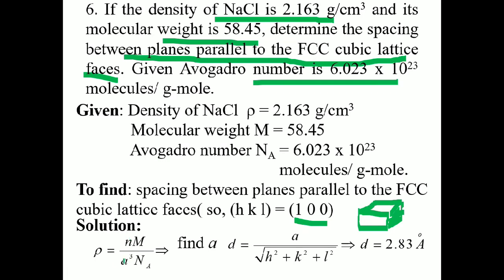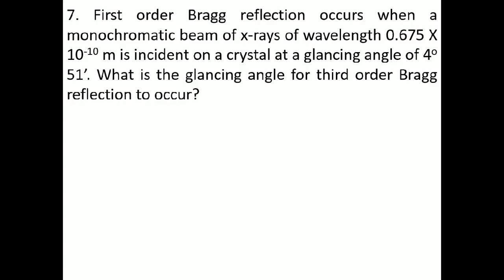Here you substitute the given values. Of course, all the values are in CGS system, gram per centimeter cube. If you convert this into kg per meter cube, you have to take this in terms of kg mole. Then this becomes 10 power 23 molecules per kg mole, and then only you can substitute the values and solve. Otherwise, if you want to take all values in CGS itself, no problem. You substitute the values given here as they are, so that you will get the a value. And that a value has to be substituted in this equation to get the answer, since HKL values are known.